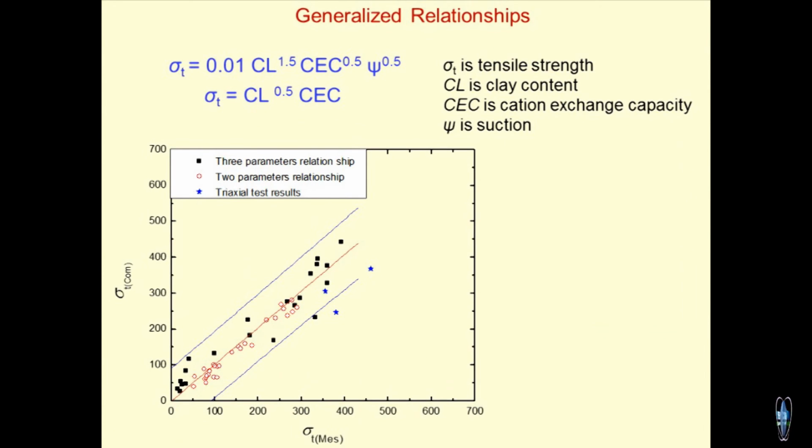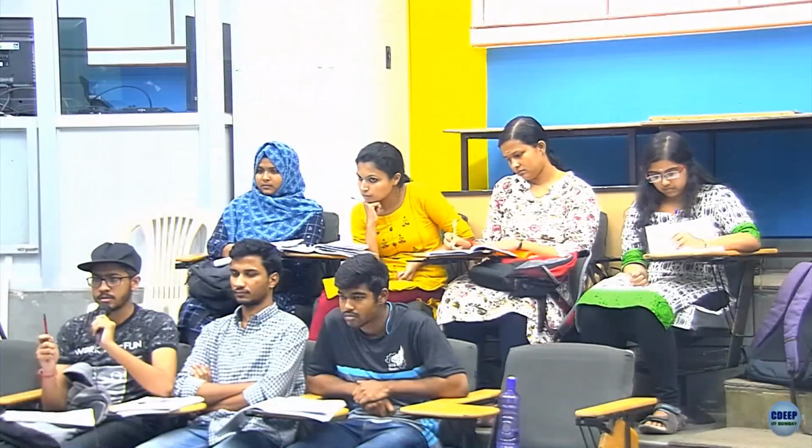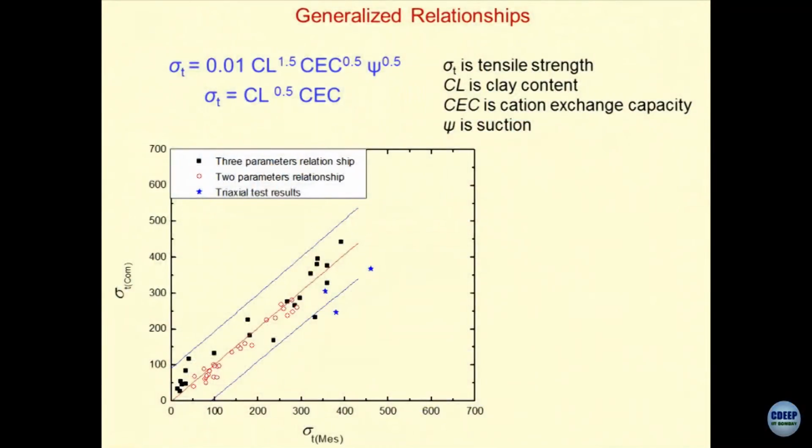You said that as undrained shear strength is increasing, the tensile strength of the soil is decreasing. Yes, undrained shear strength of the soil is increasing, tensile strength might be decreasing, correct. What we observe in the field is Su by sigma v prime is 0.2, constant, or is a function of, let us say, PI. So, we can say that soil which is below a certain depth will have a lower tensile strength, and soil above that means.